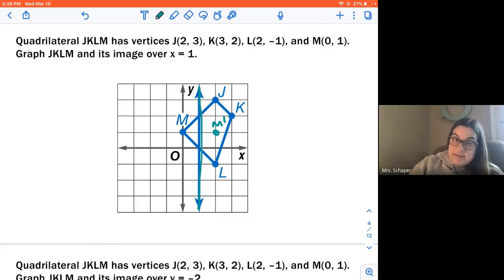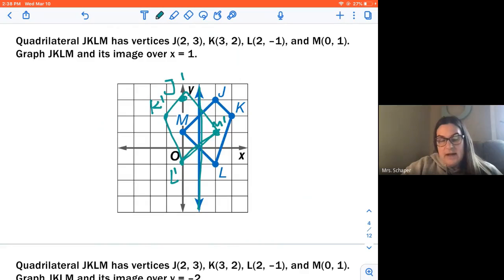J is one step to the right of it. J prime is going to be one step to the left of it. K is 2 steps to the right of it, so K prime is going to be 2 steps to the left of it. L is 1 step to the right of it. L prime is going to be 1 step to the left of it. And so when I draw my figure,